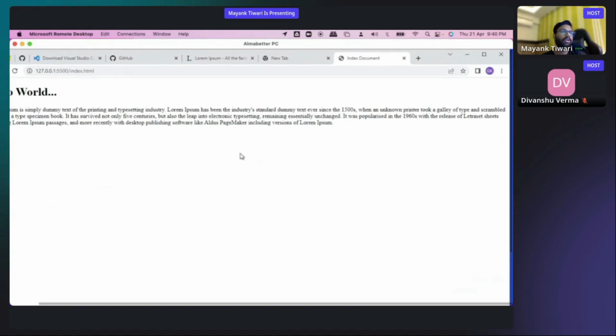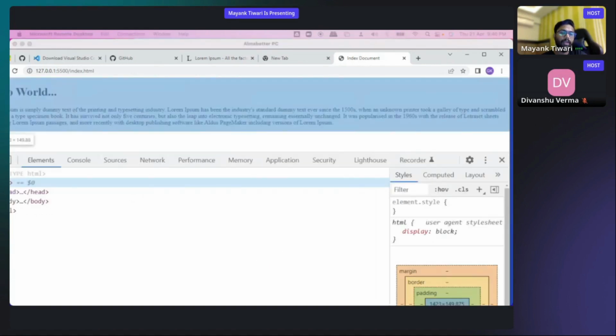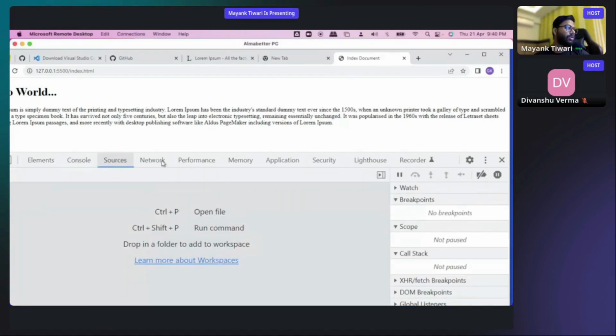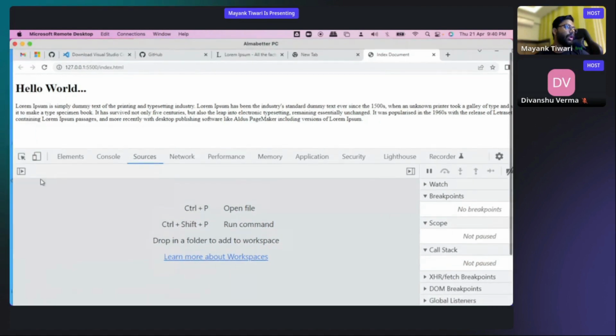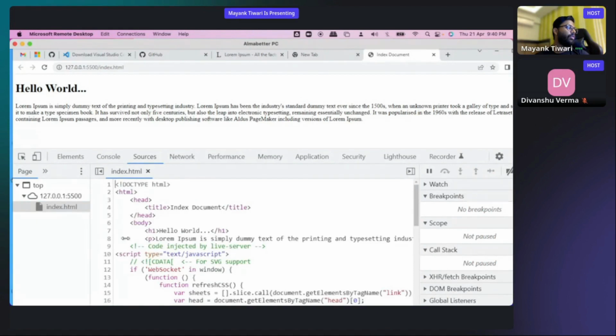Simply make a right click on your browser and click the inspect button. Again, I'm repeating, click the inspect button. Then after that, you have the Sources option on the left-hand side, and here you have index.html, or sorry,